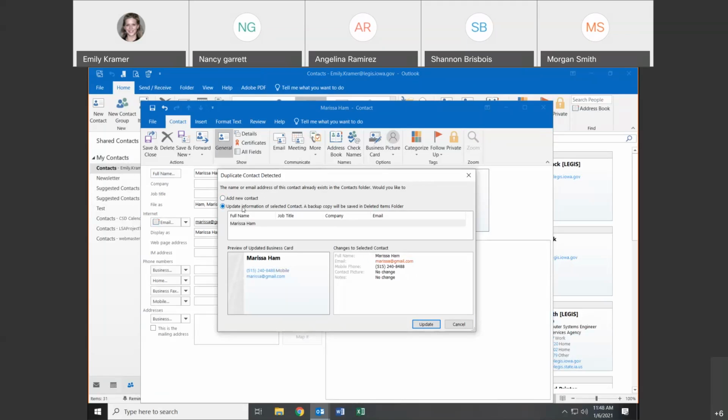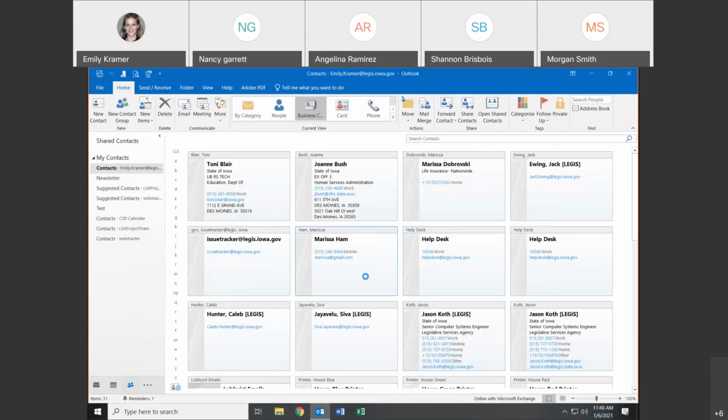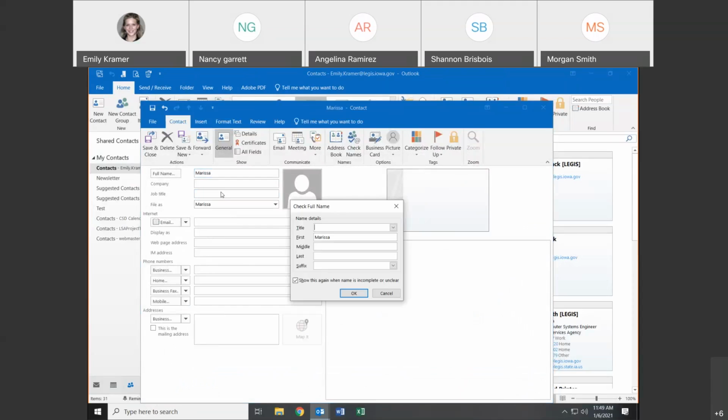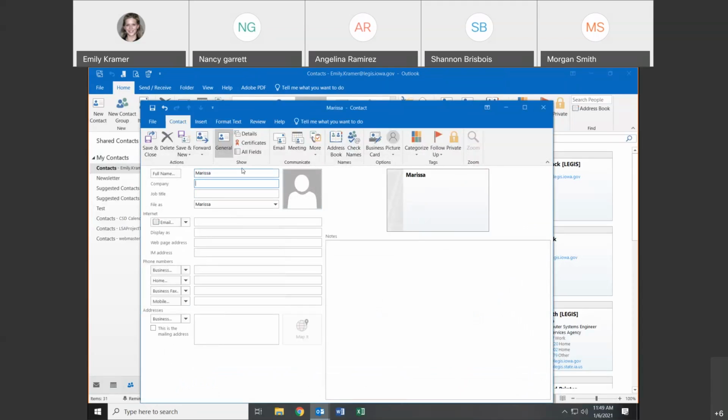Now, I always recommend you do this if it's the same person, because it kind of just bumps things down in priority. So what do I mean by that? If I hit update information with selected contact, the backup copy, now I come in here, and the email that I had initially for her, in this case I didn't have an email before, so hold on one second, let me just show you what that looks like. So if you already had an email for that person, and then you type in the same name, and you give them a different email,